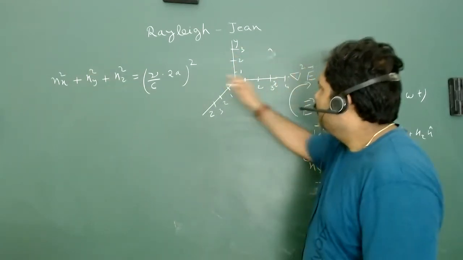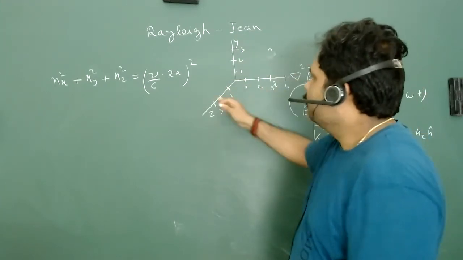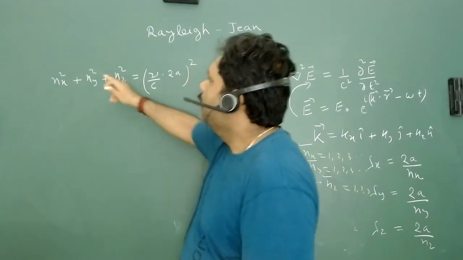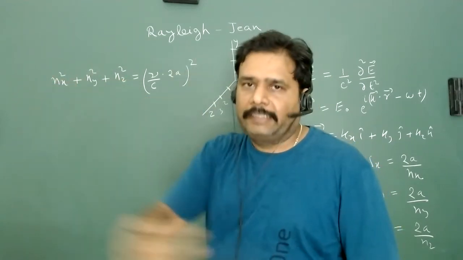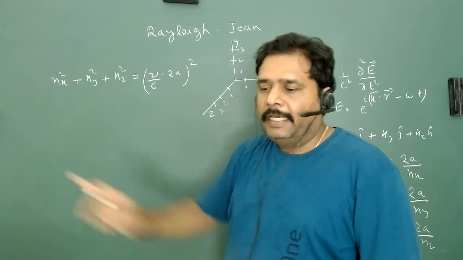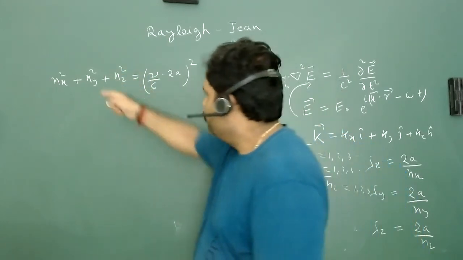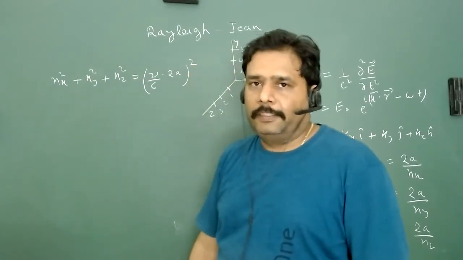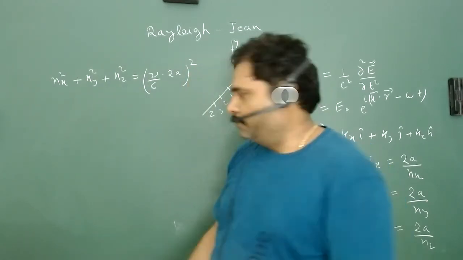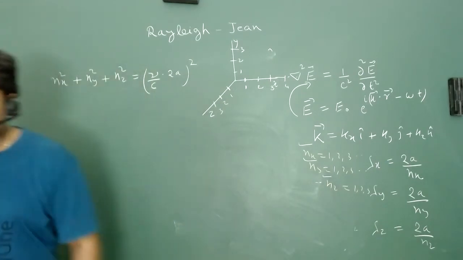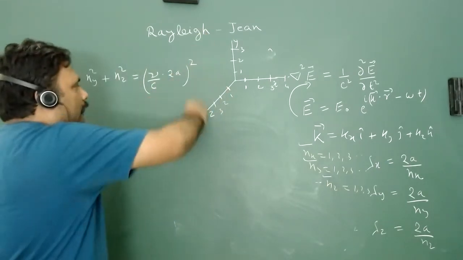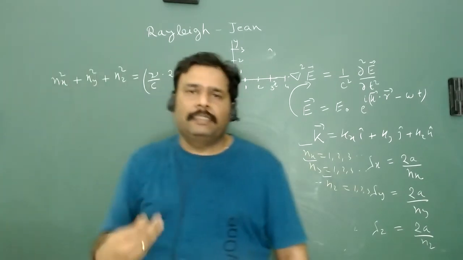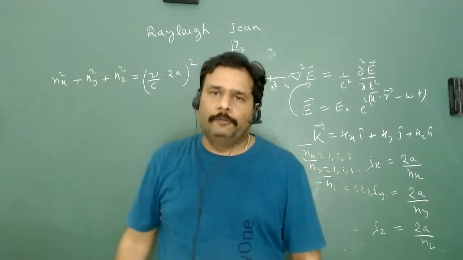So if we have this particular relationship, we can see this is a wonderful equation. If I assume nx is along one axis, ny is along another axis, nz is along another axis, and we have three perpendicular axes, then this is nothing but the equation of a sphere. We have the equation of a sphere as we are assuming that nx, ny, nz are the three coordinates, and this is abstract. That's only a mathematical trick we are using here.